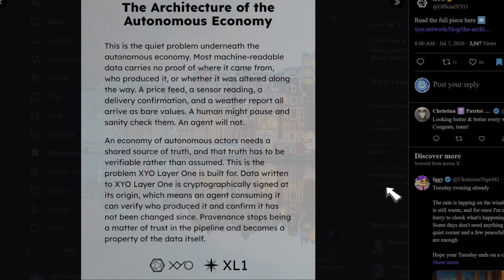So again, really, the fact that XYO's biggest buzzword is data, and how ambiguous and how broad data is in the real world. Data pertains to just about everything. Data and information, everything is centered around that. And as I was going on earlier about it being the fuel of our modern-day world, as we become more and more technologically advanced, especially with the advent of AI and AI agents and smart robotics and things along these lines,